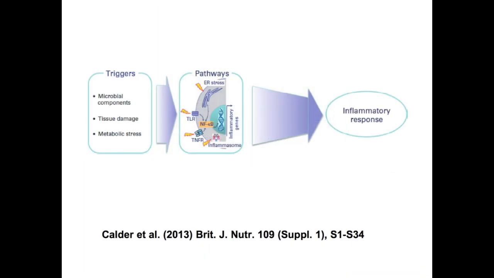Okay, so inflammation is a normal process. It's part of the way that people deal with insults. There's an inflammatory response which can be measured in many ways, and some of you may have some experience in that. We'll talk about some of those things shortly. This response is initiated by the presence of a trigger. Most often we think of this as what I've called here microbial components. That is something to do with an infection. So this is part of the immune response to infection.